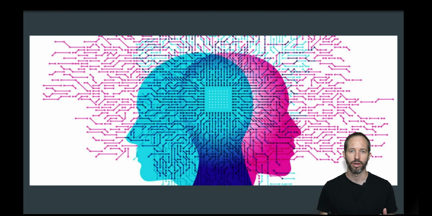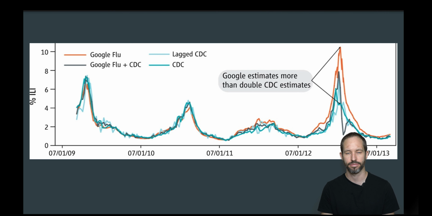And here's how well it worked. We're going back to 2009 now, looking at the estimated prevalence. They were able to go back in time by looking at Google searches before the tool was built. From about 2009 to 2012, the Google Flu trend, pictured here in orange, has time on the x-axis and the prevalence of influenza-like symptoms on the y-axis. Google Flu tracks the CDC estimates almost perfectly for a really long time, about 3 years. So this got people really excited.